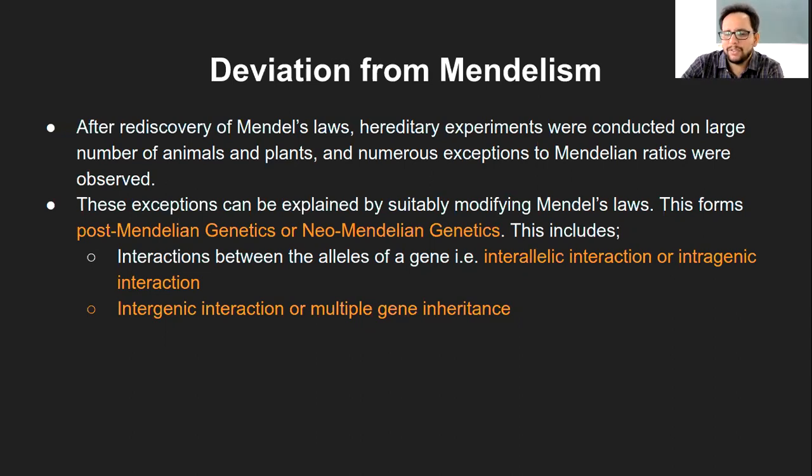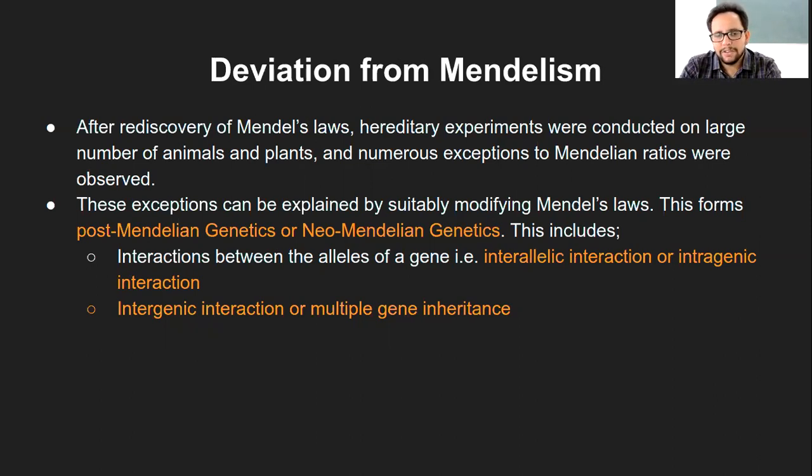And these exceptions can be explained by modifying Mendel's law. Now this modification is actually a part of biology which is called post-Mendelian genetics, or it is also called neo-Mendelian genetics. Neo literally refers to kind of modern Mendelian genetics, and this was based on 2 points,